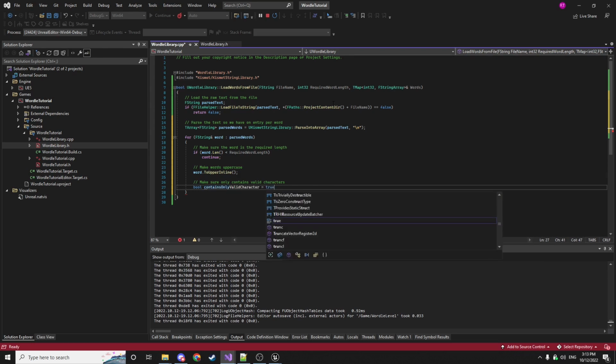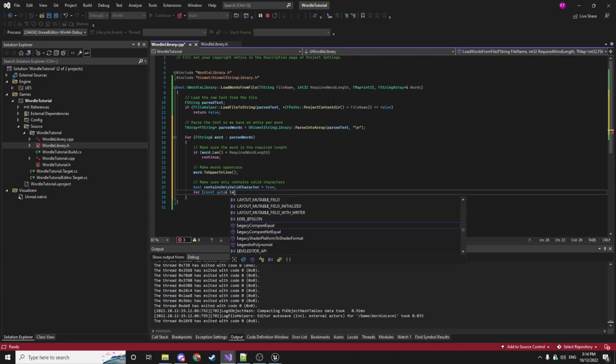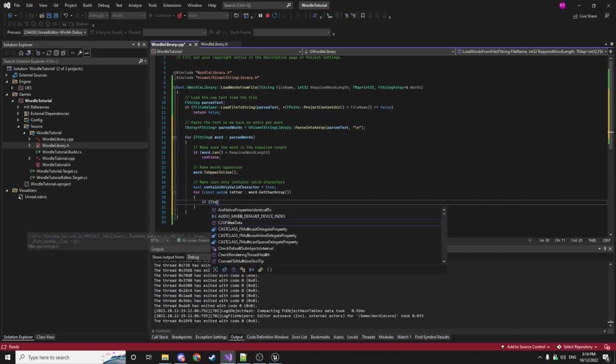And we're going to set this to true by default. And then we want to loop over each letter in the words. We're going to say for const. I'm going to use auto here because I don't actually know what this is. I think it's a TChar, but const auto by reference letter in word.GetCharArray. And then we want to say if the letter